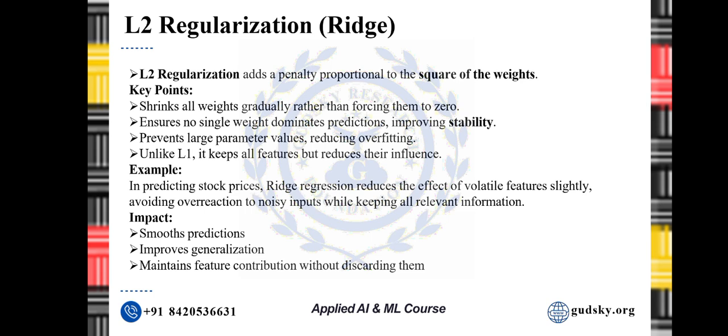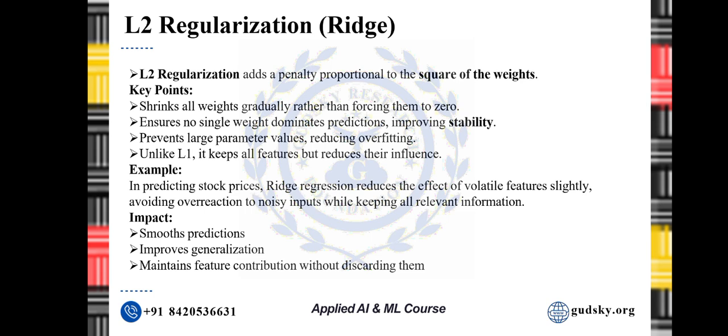And if we move to the next part, L2 regularization, that is ridge regression. While L1 sets some weights to 0, L2 shrinks all weights smoothly. L2 doesn't want any single feature to dominate the prediction. Instead, it spreads out importance more evenly. It says, don't make any one feature's weight too big, keep them all moderate.